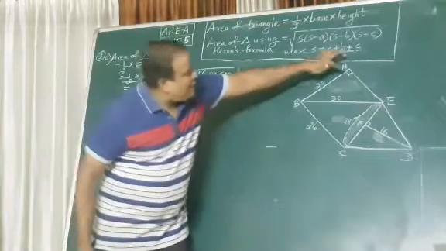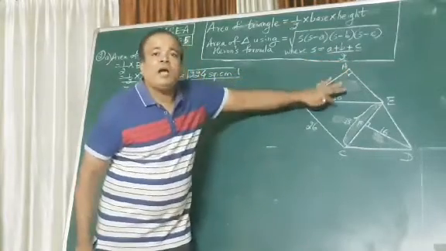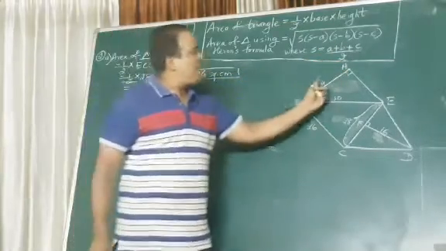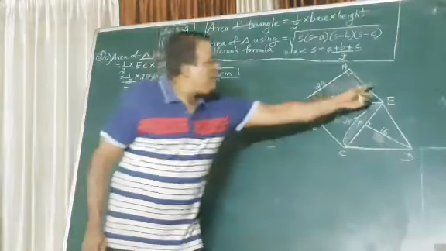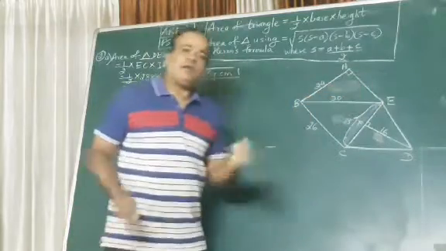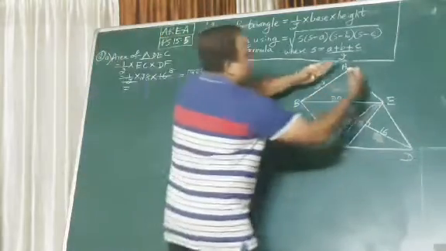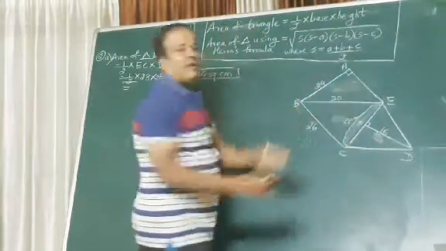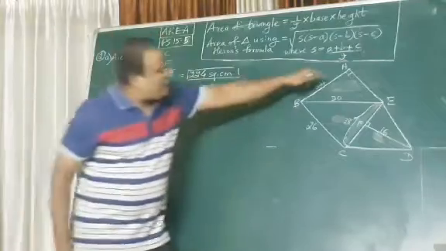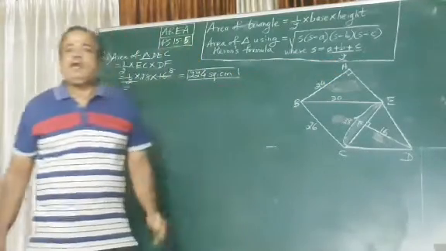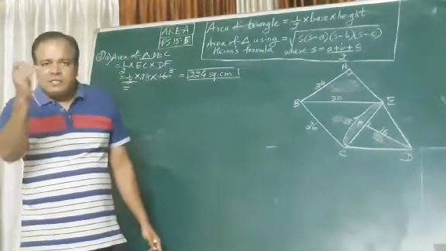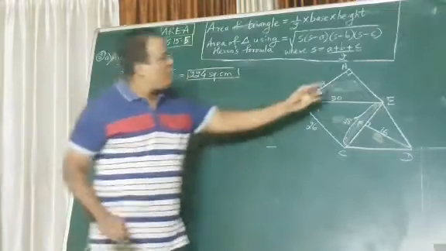So the side opposite the 90 degrees, what is this? This is the hypotenuse. That means this will be the base and this the height, or this the base and this the height. Understood? So the two sides which join at the right angle, they are called the base and the height. The side opposite the 90 is the hypotenuse. So forget the hypotenuse.